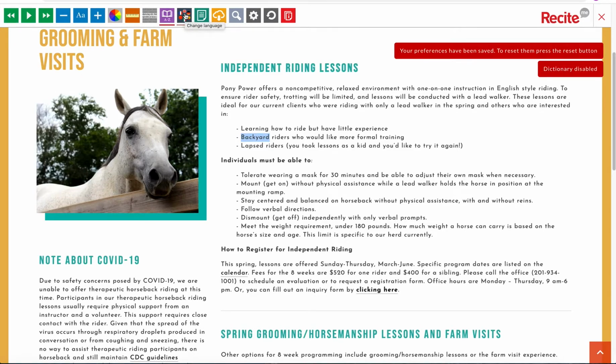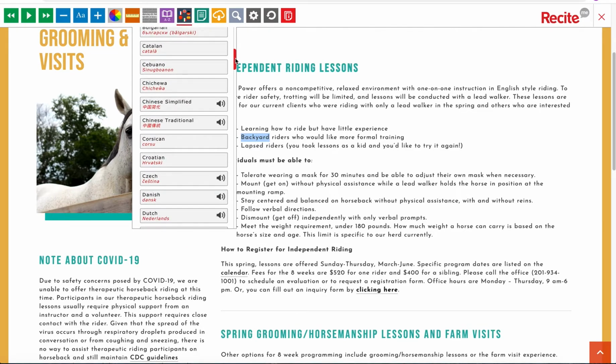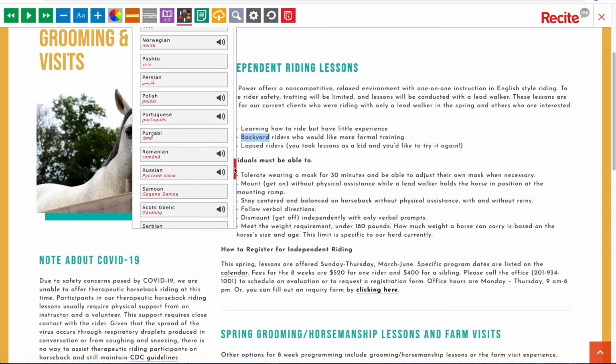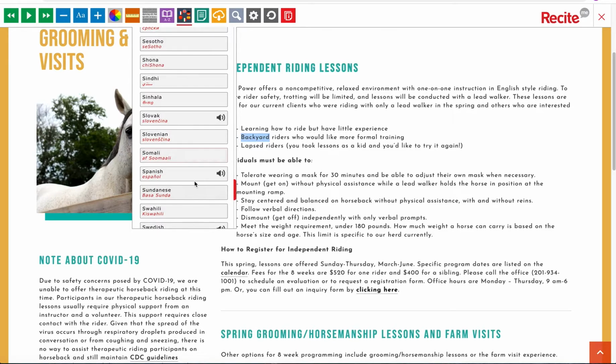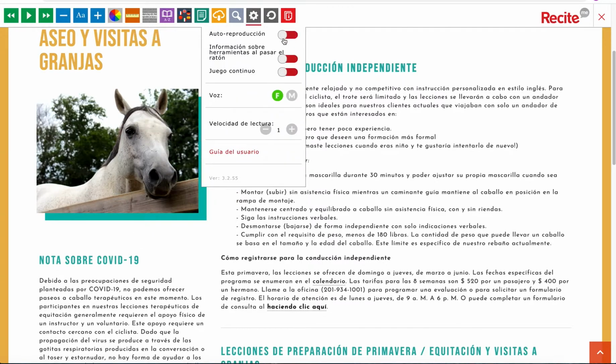Now, this button here is very cool. You can change the language of the entire website. There's over 100 languages to choose from, and over 30 of them have a text-to-read function. So let's say I want to change this to Spanish. I would go here, and the whole website is now translated. And now I can use that screen reader function because you'll see this icon, you'll know that it's available. So I could go back and turn on the screen reader,